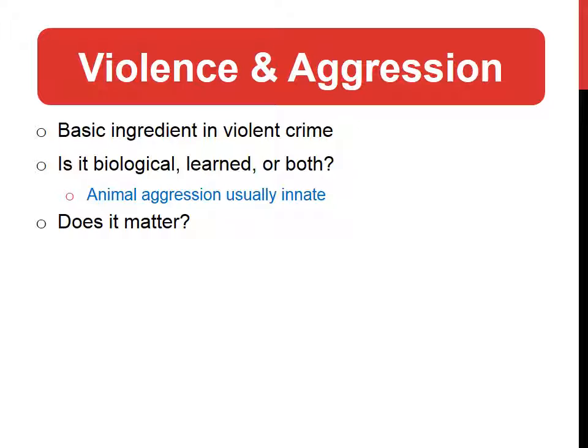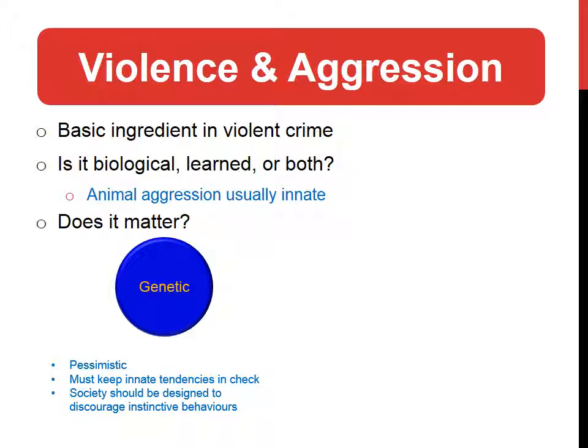Now, does it really matter whether it is genetic or learned? And why does this matter within the context of criminal psychology, you may ask? It does matter because it affects our approach to not just understanding these behaviors, but also in dealing with these behaviors and their consequences. For example, if behaviors are thought of to be genetic, they're not changeable and they're not within somebody's control. It is quite a pessimistic view of violence or aggression because if it is indeed biological,